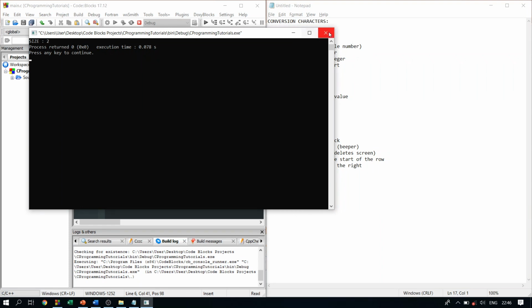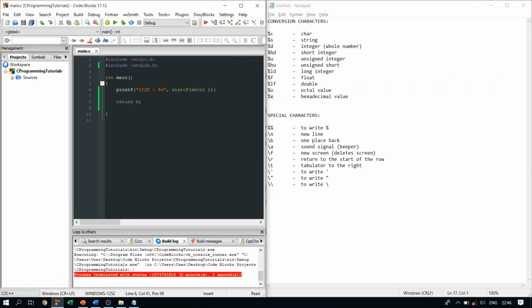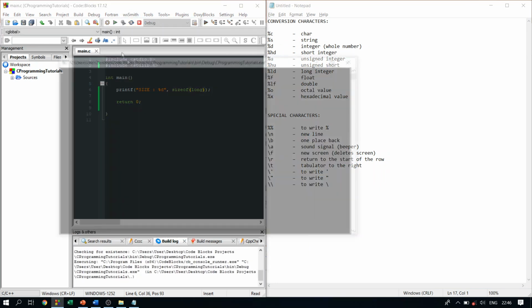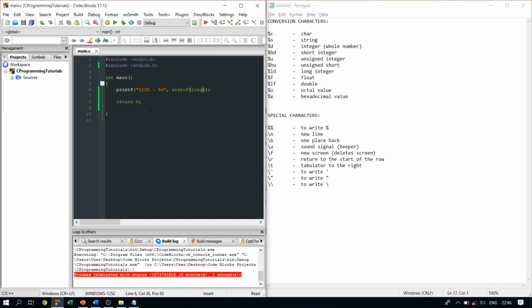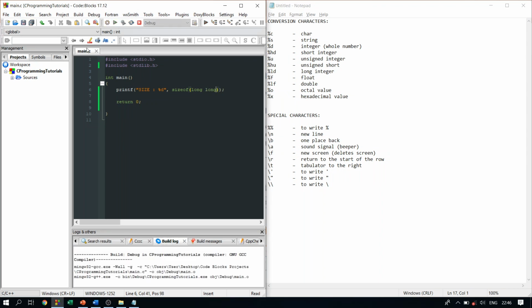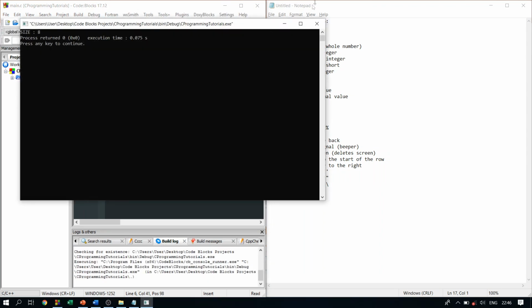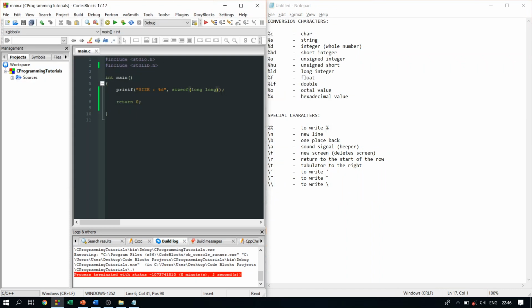You see 2. We have long integer. You can use long int, but usually we use just long. Like size of it, it's 4. Long, size of it, it's 8. Okay, so